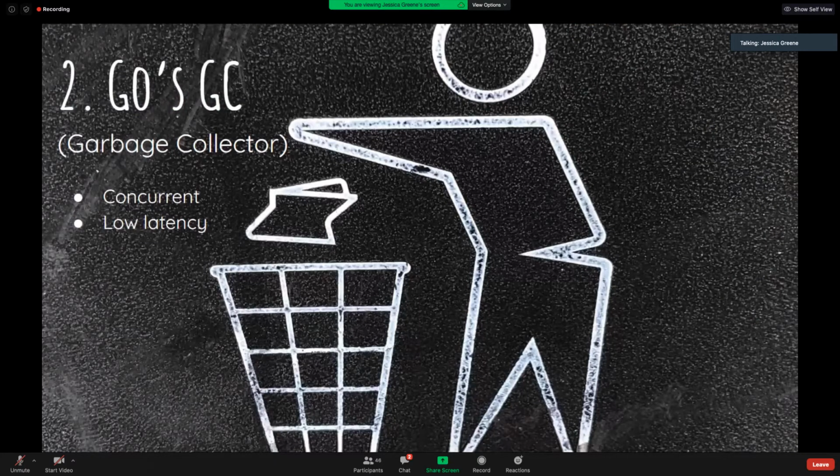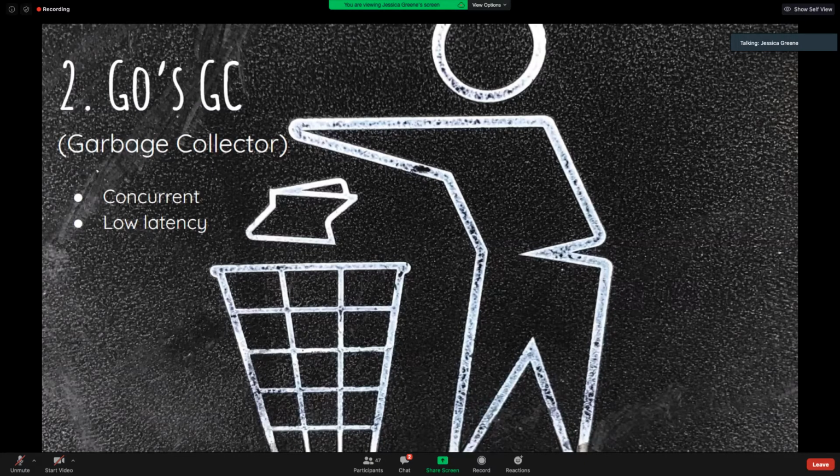So let's talk about Go's garbage collector. Now we've got a little bit of an understanding of why we would need garbage collection in the first place and what it's going to achieve for us. While other languages approach this in many different ways, I think what's really interesting about Go's garbage collection is that since 1.5, they went for this concurrent collection pattern.